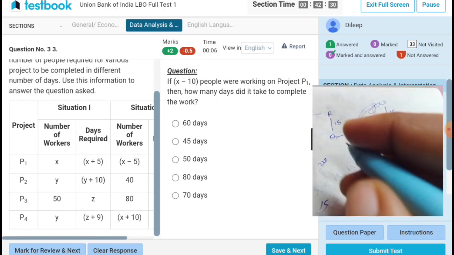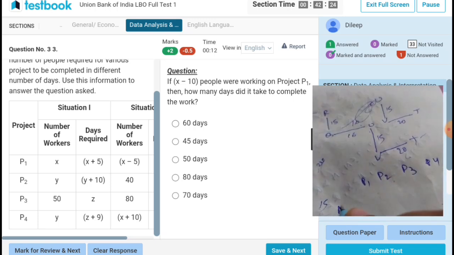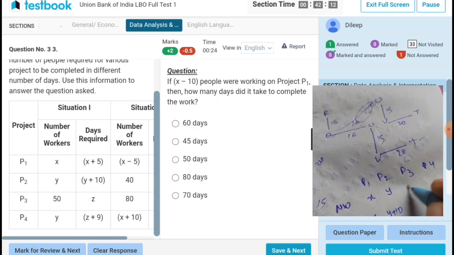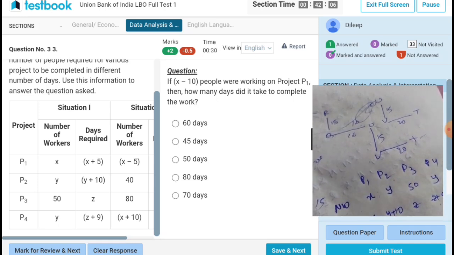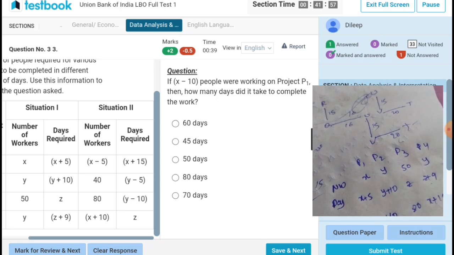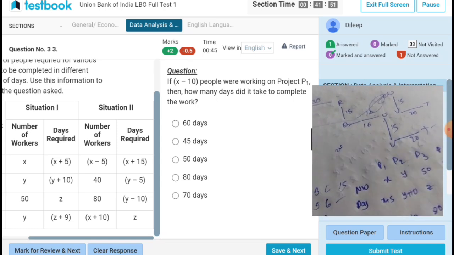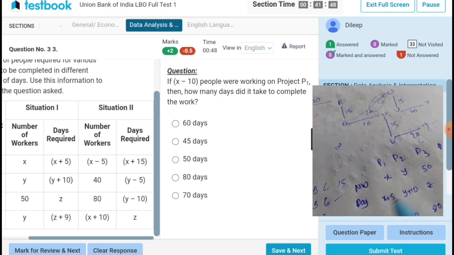Number of workers P1, P2, P3, P4 and number of workers days. So X, Y, X plus 5, Y plus 10. 50, Y, Z, Z plus 9. X plus 15, Y minus 5, Y minus 10, Z. If X minus 10 people were working together in project 1,